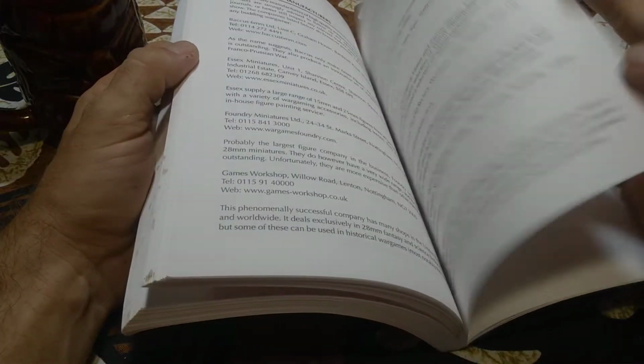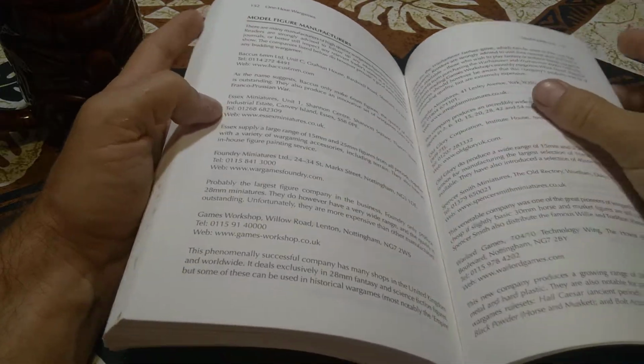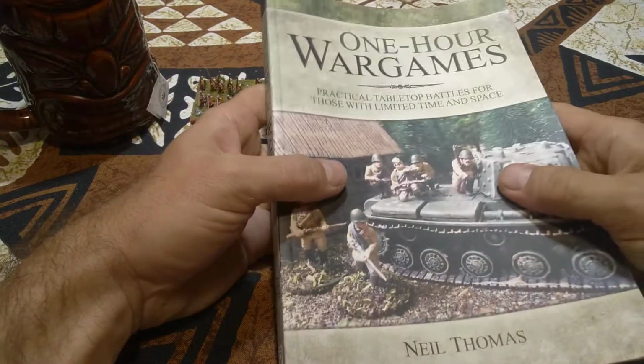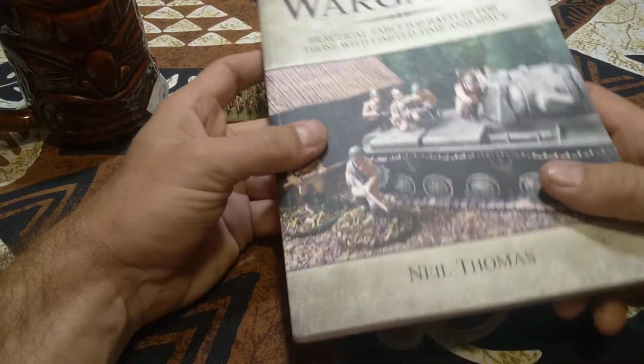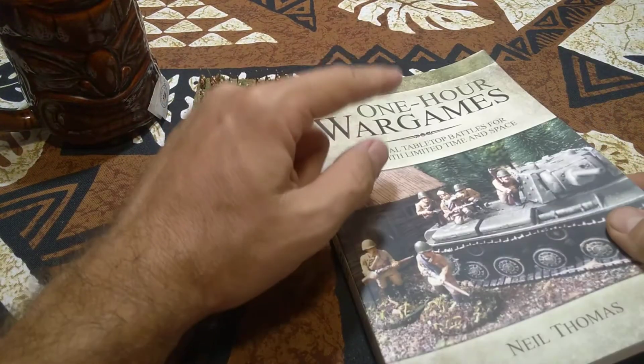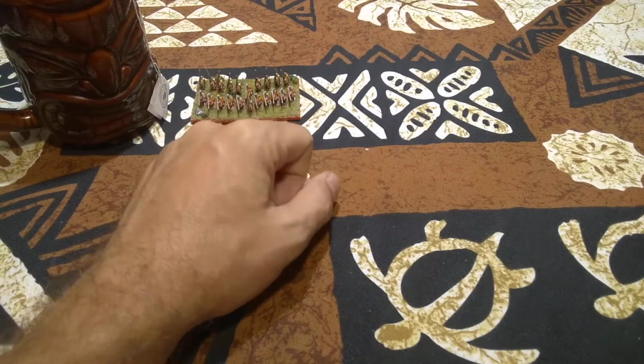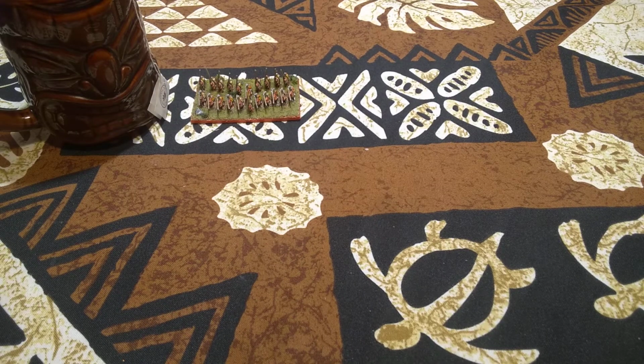He wraps up with a chapter on solo wargaming, and of course he's got an index, as all good rule sets do. He includes some lists of recommended model manufacturers. It's a great book. It's a great way, and particularly for those of you that have limited time or limited budget or even a limited amount of space, let me show you the setup that I built specifically to use with 1 Hour Wargames. Everything that I need fits into this box right here,